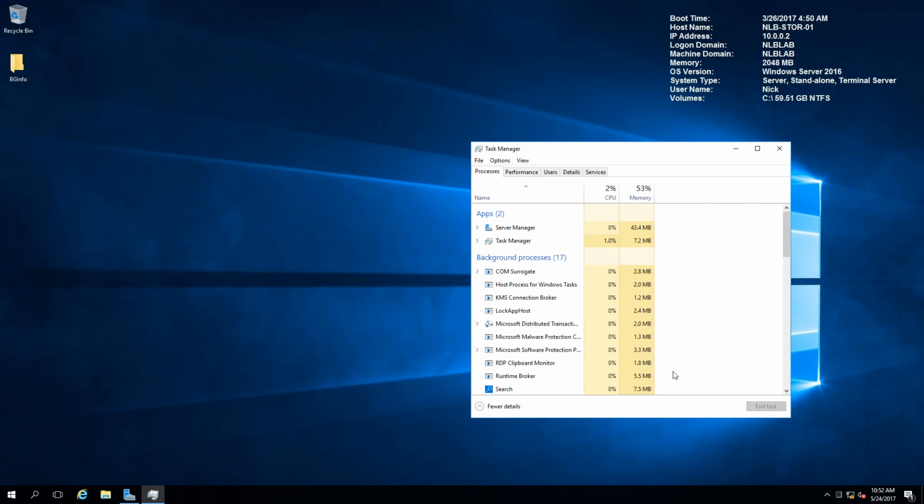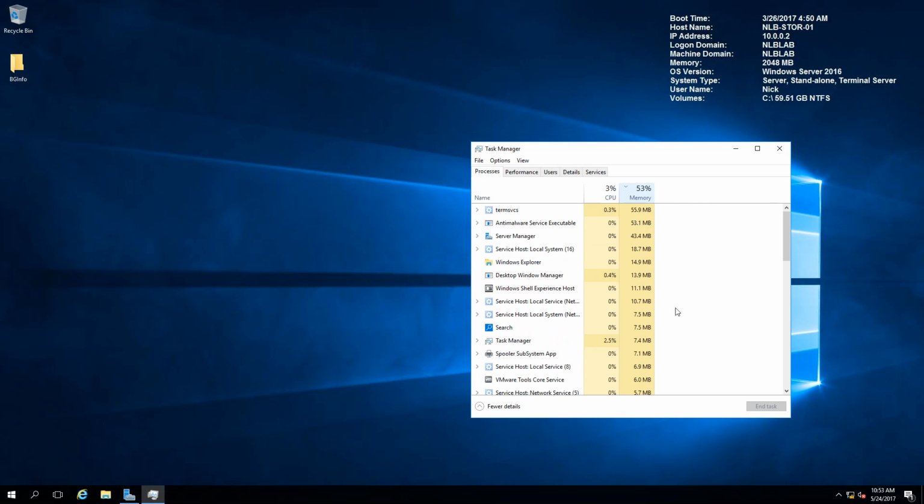resources that are being used on the server that you are on at the moment. So you can see the first tab is called Processes. In there you will see the CPU and memory usage for all of the processes. If you left click on the memory, for example, this will sort in descending order all the memory usage for different services. So if you are experiencing any problems with high CPU or high memory usage, this is the first, the easiest way for you to find